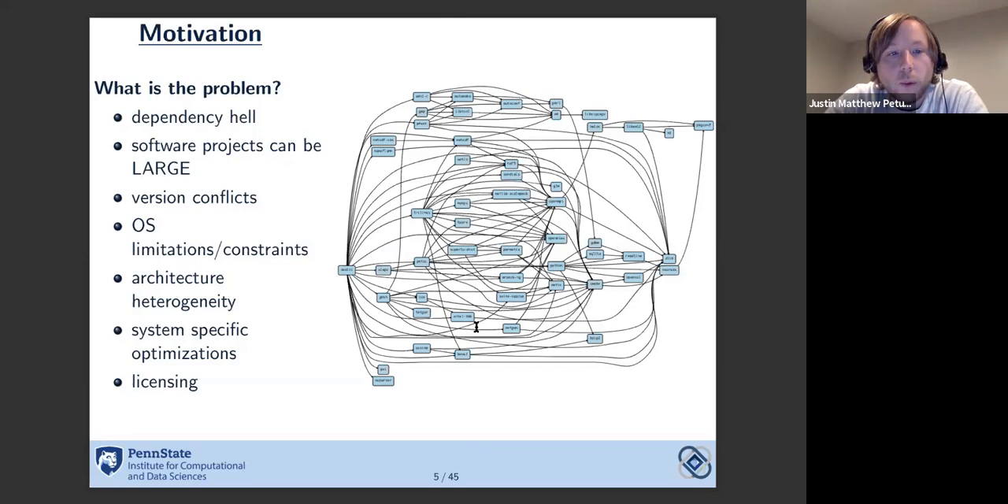But so, we have something referred to as dependency hell, and we see a sort of graphical depiction of dependency hell on this slide. And so dependency hell is sort of summarized where you want to install package A